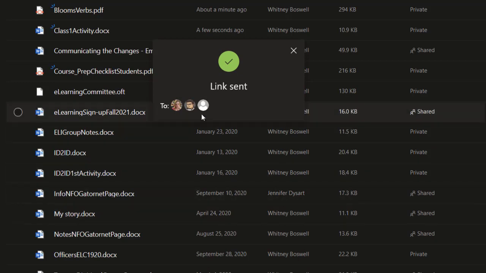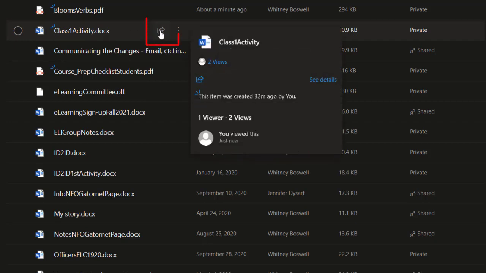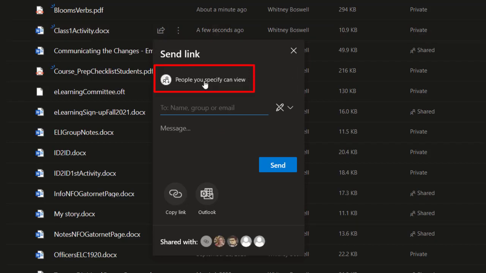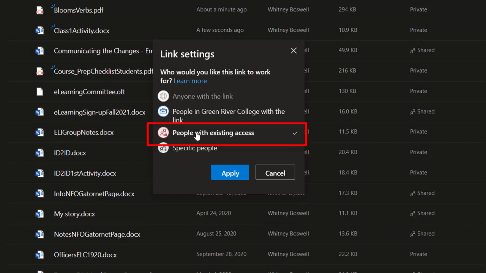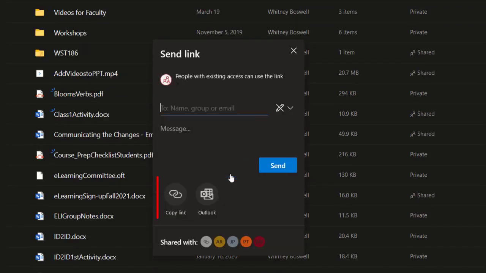The other thing I can do now that these people have access to this is I can go back to this document and hit this share icon again. And I can say I want people with existing access, so those people I just allowed access to, and I'm going to apply. And I'm going to go ahead and just copy this link.